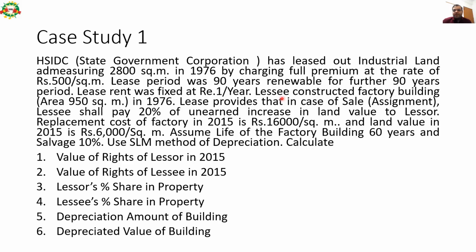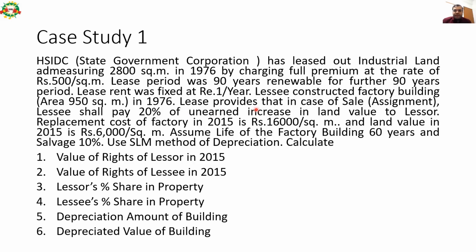So lease rent is very less. Annual ground rent is very less, minimal. The lessee constructs a factory building of built-up area 950 square meter in 1976. So after taking that land from the lessor, the lessee constructed on his own a building with a built-up area of 950